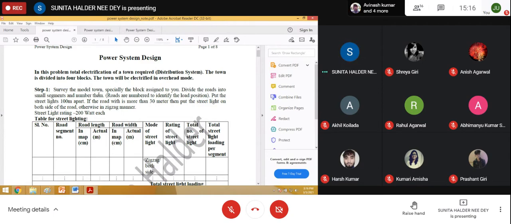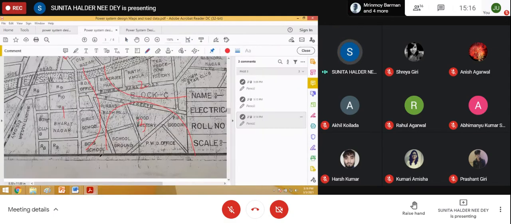Now say you are doing with 2 centimeter segments. For this particular zone, this particular road is not of 2 centimeter, so this segment obviously will be less than 2 centimeter. So we cannot make it mandatory, but we shall keep in mind that the road segment will be 2 centimeter in general. When it is not possible, it may be somewhat less or somewhat more than 2 centimeter.